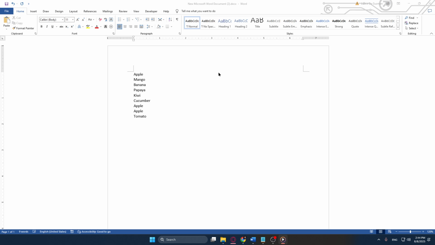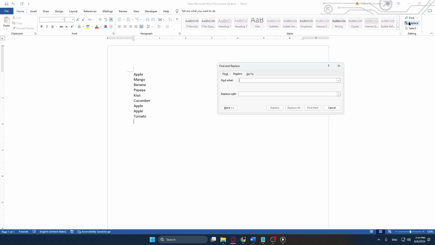Now locate the Replace function. You can find this under the Home tab, nestled within the Editing group on the ribbon at the top of your Word window. Clicking here will open the Find and Replace dialog box, which is our main tool for this exercise. This box allows you to specify what you're searching for and what you'd like to replace it with. However, in this particular guide, we're not going to replace anything, but rather take advantage of its ability to find